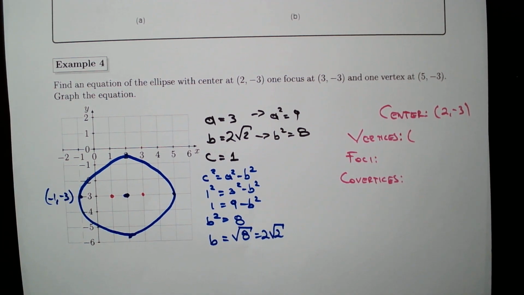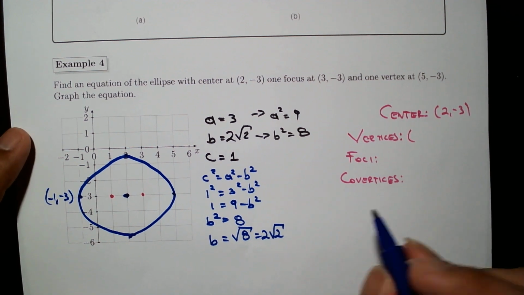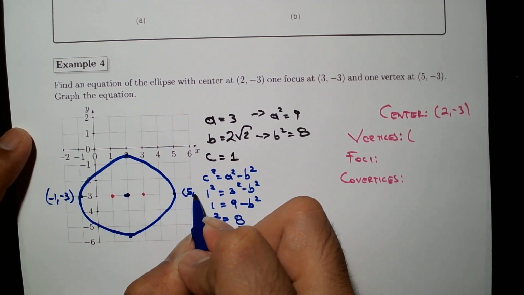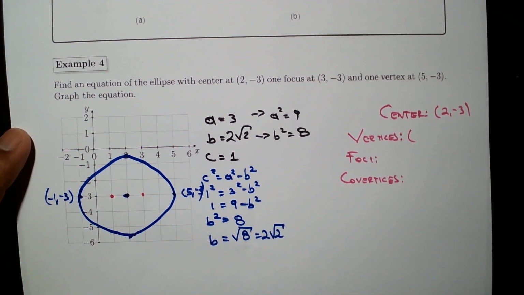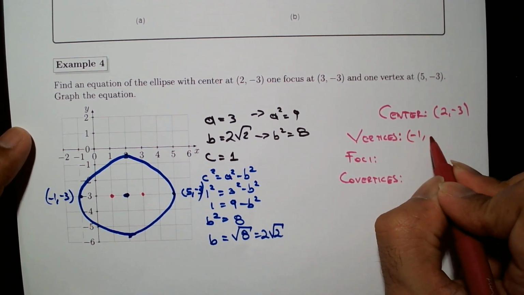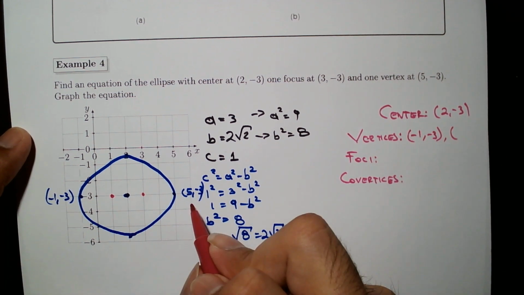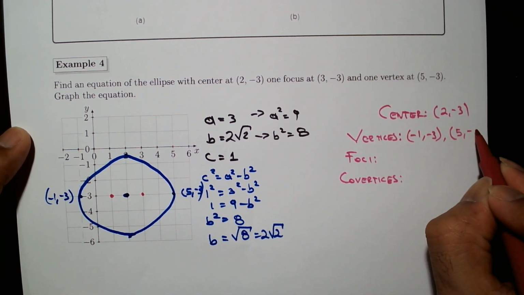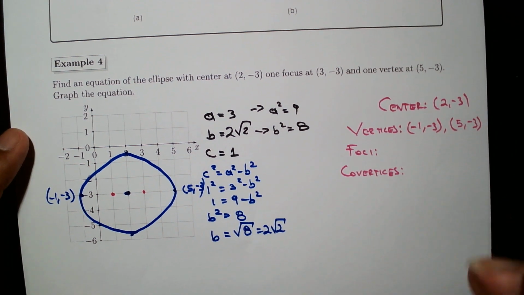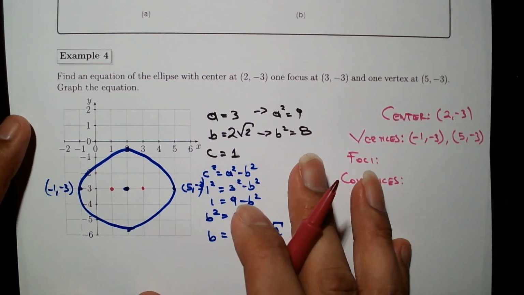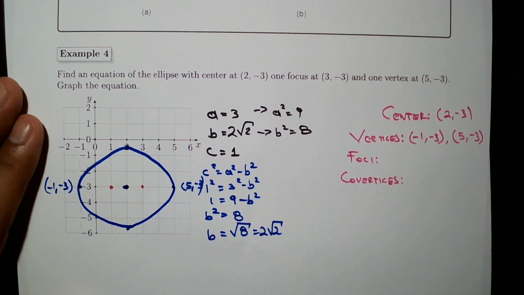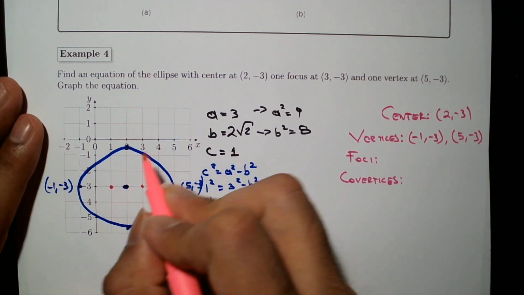-1, -3, and then 5, -3. The co-vertices, okay, let's write those down. -1, -3, and then 5, -3. Up and down for the co-vertices, we're going to use pink. That's going to be,